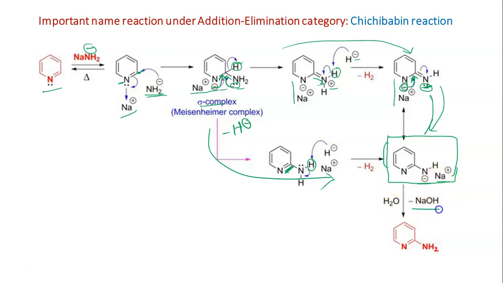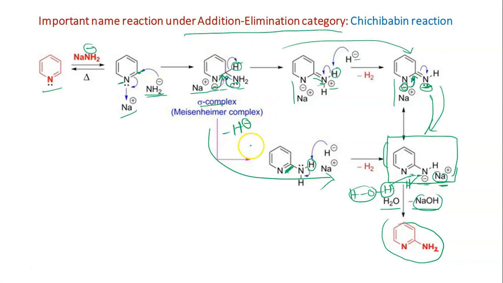So finally, what is there? There is removal of sodium hydroxide, and also H2O is there, which will protonate this nitrogen, and there will be an H addition. So if you write the water molecule in this way, one of the hydrogens will be added here, and this OH and this Na together will make NaOH. Fine. So finally what we are doing, we are removing the sodium salt and adding one hydrogen here, so that finally what we are getting is 2-aminopyridine. Okay. So this reaction is known as the Chichibabin reaction, a very good example of addition elimination mechanism.